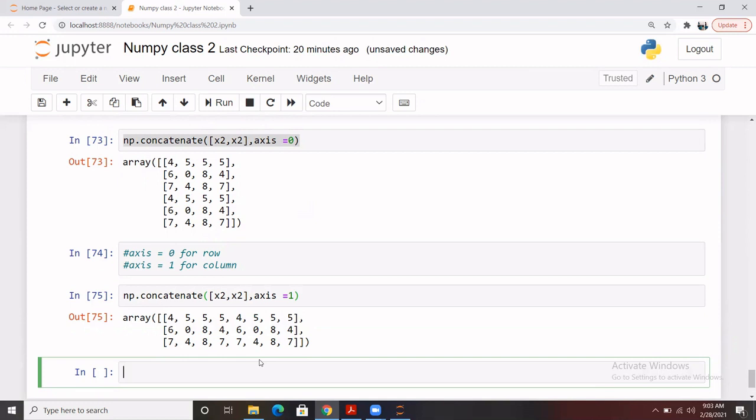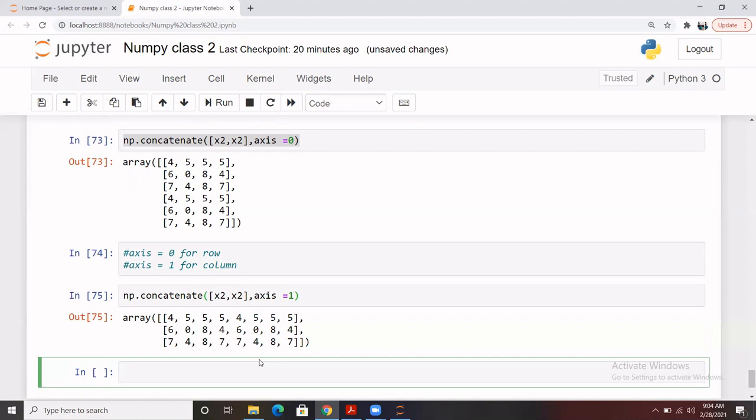So it's up to you how you want to concatenate any array, as a column or as a row, and you need to mention that part. For rows it is the default option, you need not mention axis equals 0. But in case you want to perform this operation for columns, you have to mention axis equals 1.